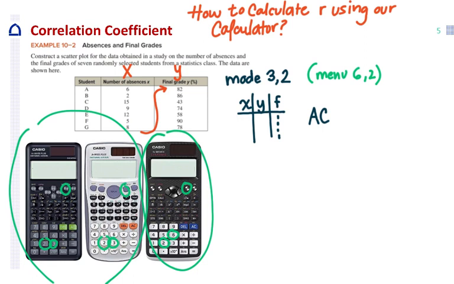Once you press AC, then you are going to press, for the first two calculators on the left, Shift and then 1, 5, 3, and you should get R equals. For the Casio white calculator on the right, you will press Option 3. Okay, this one, Shift 1, 5, 3, go ahead and press it, and you should get that R equals, I got negative